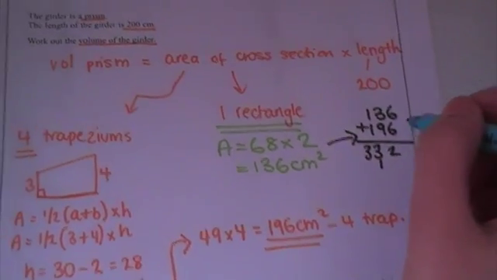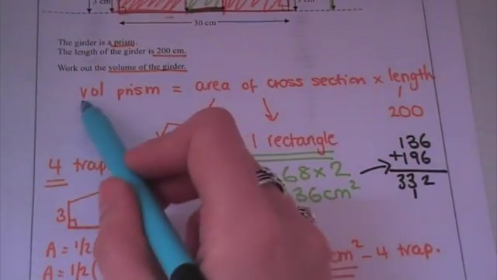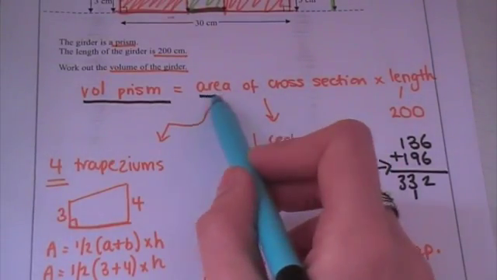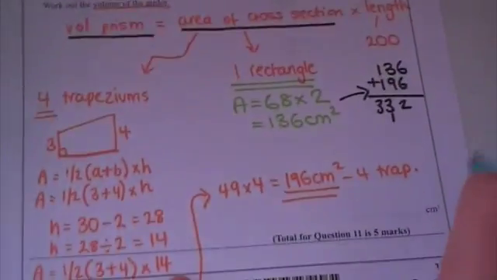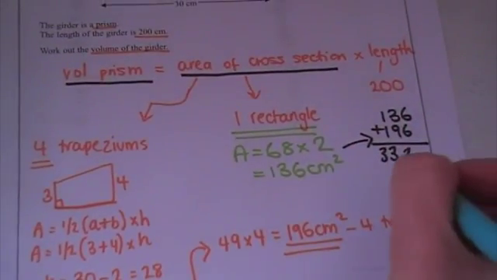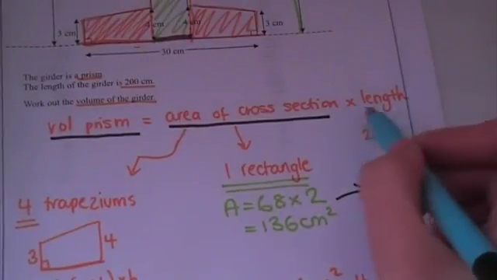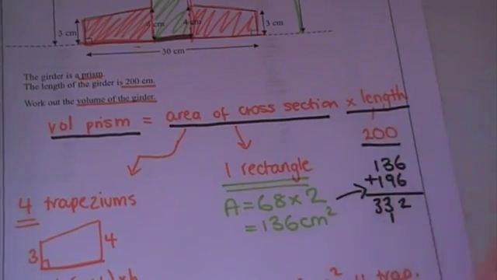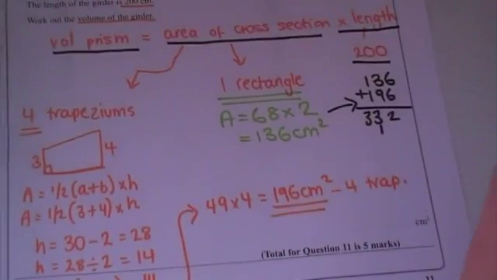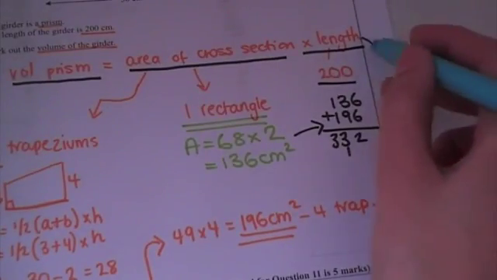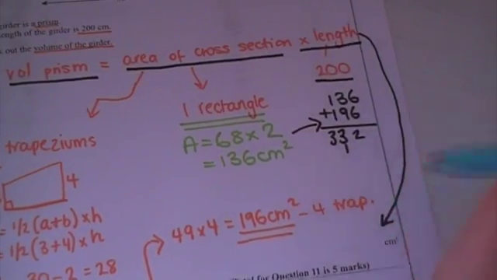So at the moment, we go back to volume of the prism. We've just worked out the area of the cross section, 4 trapeziums and the rectangle, which was 332. And we're going to times it by the length of 200. So if I come down to the bottom here,